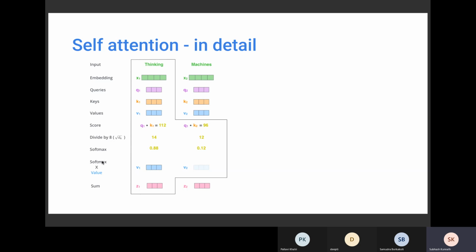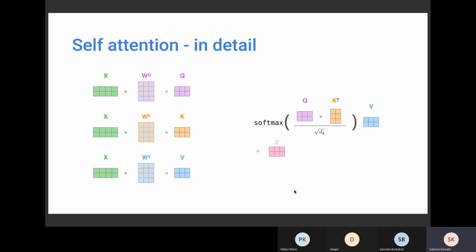You multiply this v1 and v2 with these values and add them up, and you get z1, and you do it for every position in the sequence. The whole process of vector multiplication and addition can be done using matrix operations. So you can stack up the embedding vectors for that particular sequence to be encoded, and